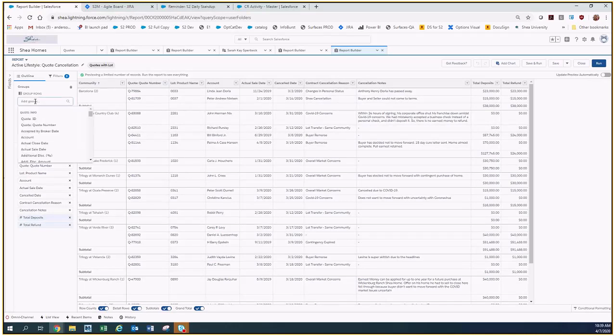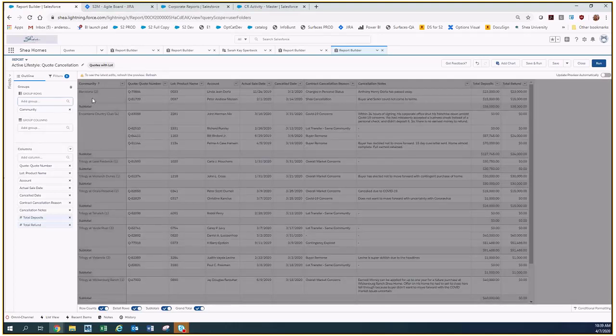So in this, you would have your owner's name or sales rep or whatever it is that you were looking to filter by. And as soon as you add that, whatever is your first column is going to be what it is grouped by. So I have community and then sales rep. If I wanted the sales rep to be what I can filter, I'm going to move that to the top. And then when I click run,